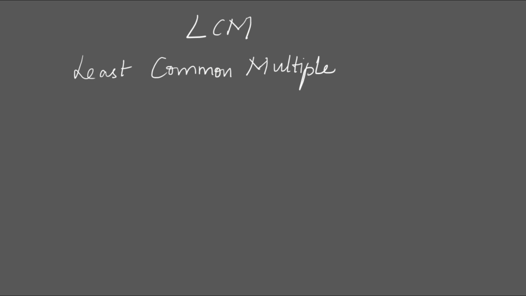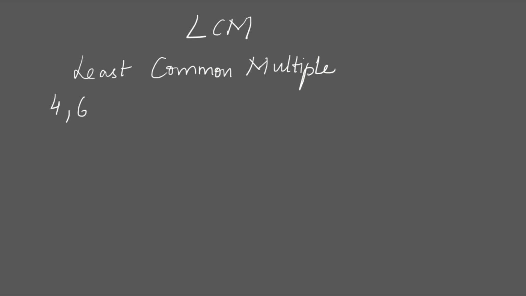Hey everyone, today we'll see what is LCM. LCM is basically least common multiple, which means the smallest common multiple of two or more numbers. For example, if we have 4 and 6,